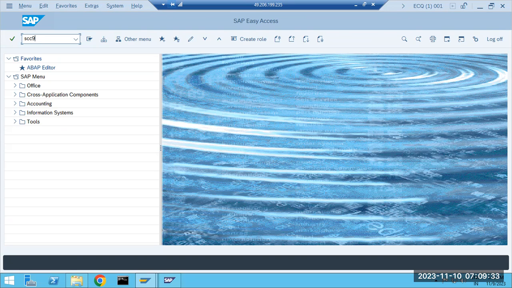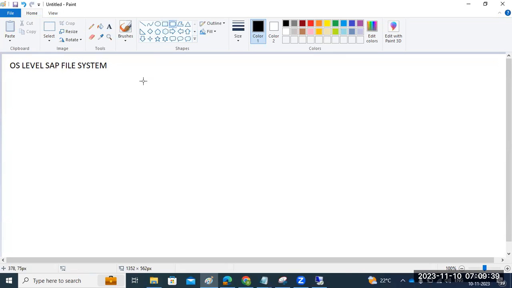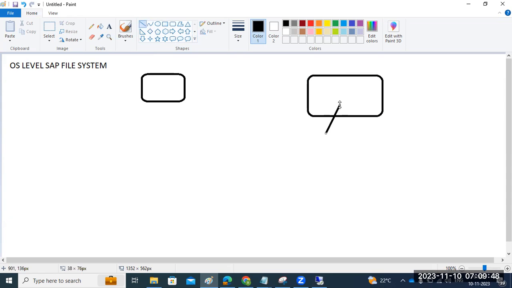Why? Because in client copy, you need to log into the system you want the data in. Suppose this is one system and this is one more system. You want data in this system, then you need to log into this target system, establish the destination, pick up all the data from there, and carry it over here. Why? Because ours is the pull mechanism, not the push mechanism.